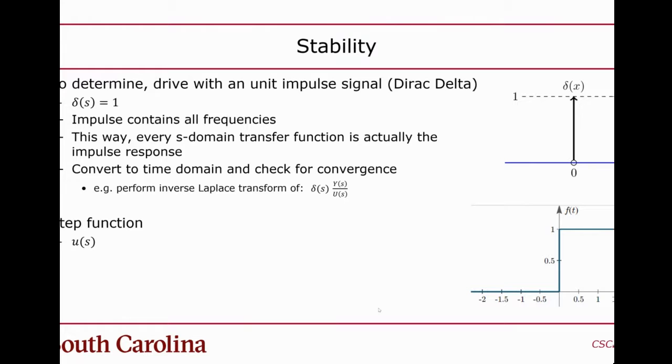So I have a picture there in the upper right-hand corner that shows that. So it's an impulse. And then some people also use the step function as well, which is where you go from 0 to 1 and you just stay at 1 at time 0. It doesn't have to be at time 0, but typically you see the impulse happen at time 0. Now you might be thinking, wait a second, why are we using these two inputs? It's kind of strange to use these inputs. Well, the reason is because